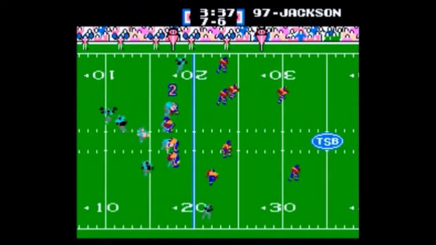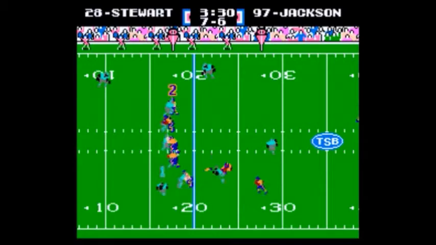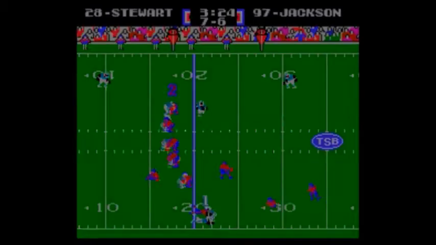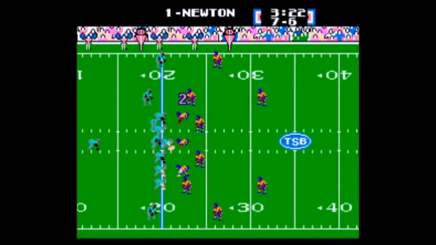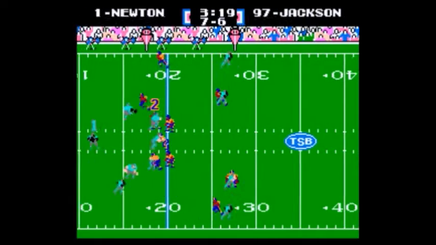Wow, you're right. We're not paying him enough. Yeah, that's right. Somebody get him a raise. Jonathan Stewart, now they're trying to control the clock here maybe in the third quarter. We got 3 minutes, 22 seconds left to go in a 1-point game, so certainly plenty of time to go.